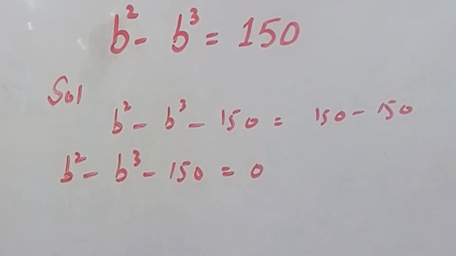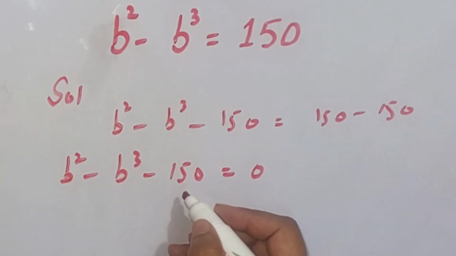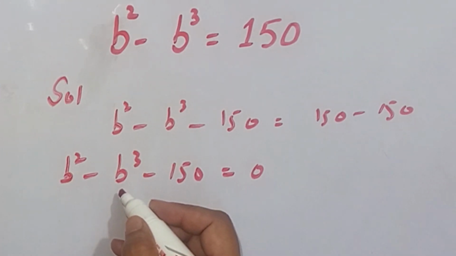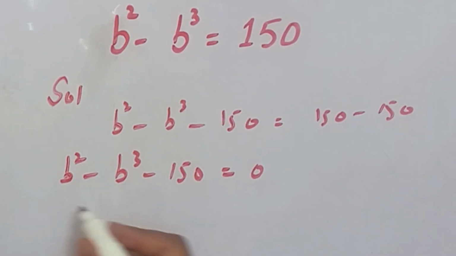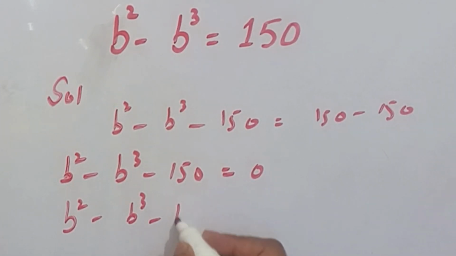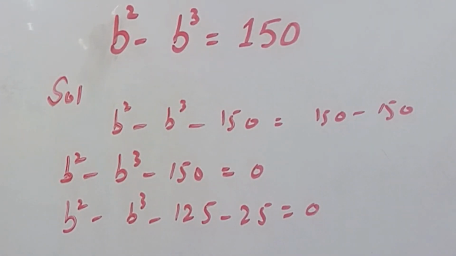Now in the next step we split this 150 into two values such that we can write one value in cubic form and the second value in square form. So that is why we split this 150 into two values. First value we take 125 and the second value is 25. Why we select these two values? Because we can write this 125 as 5 cube, and we can also write this 25 as 5